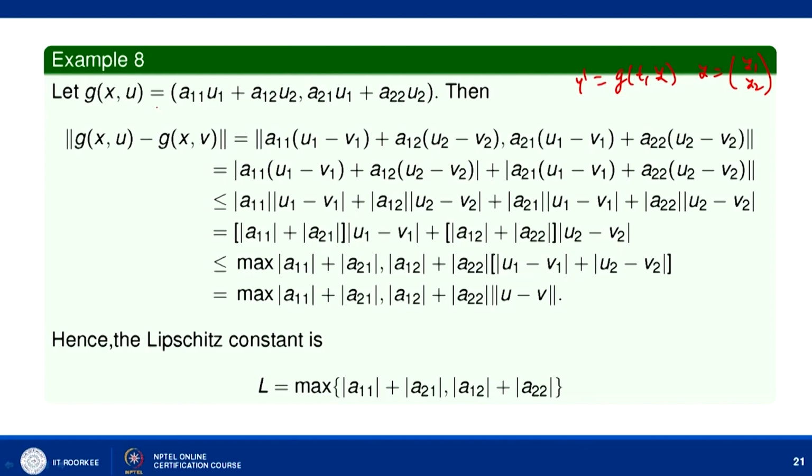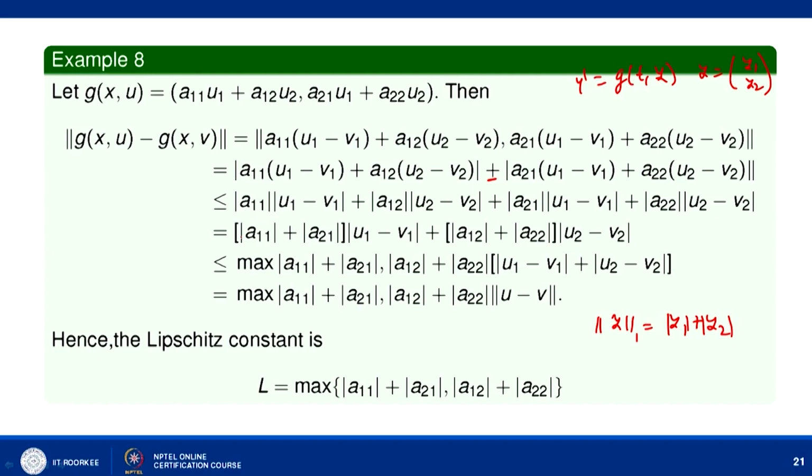Now, what is g(x, u)? g(x, u) is given by this, minus g(x, v), we also put it here. So, it is the norm of (a11 (u1 - v1) + a12 (u2 - v2), a21 (u1 - v1) + a22 (u2 - v2)). So, here we can simply write that this is less than or equal to, where we define the norm of y as the one norm, so norm 1 of y is modulus of y1 plus modulus of y2. So, using the one norm we can write this as modulus of a11 (u1 - v1) + a12 (u2 - v2) plus modulus of a21 (u1 - v1) + a22 (u2 - v2). And this is less than or equal